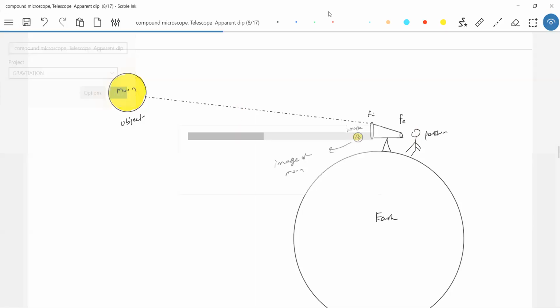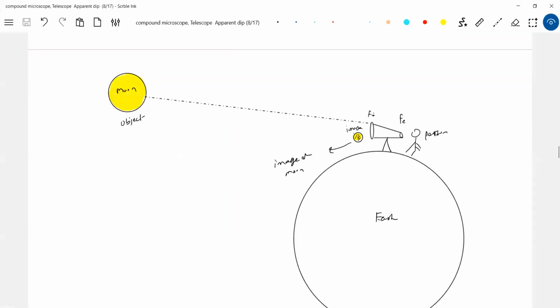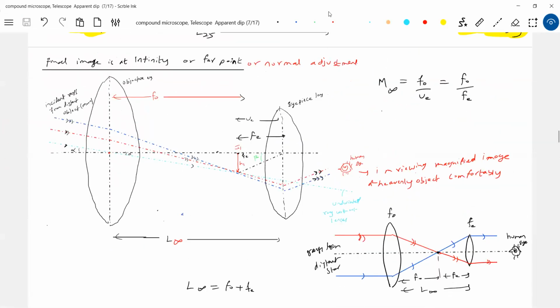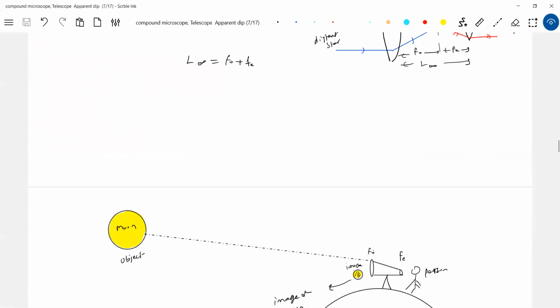When you purchase a telescope, they'll give you the manual on how to utilize it. Okay, this is the overall discussion. This is called a normal adjustment. For a telescope, it is a very normal adjustment only. Sometimes they give problems where it is not a normal adjustment. Fine, this is about the theoretical things. Let's get into numericals.